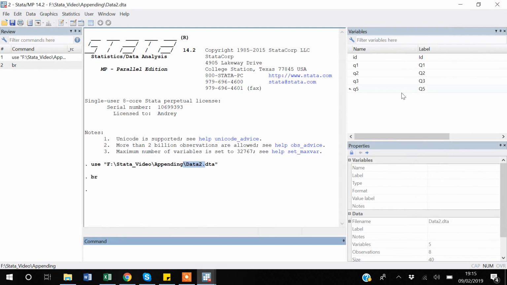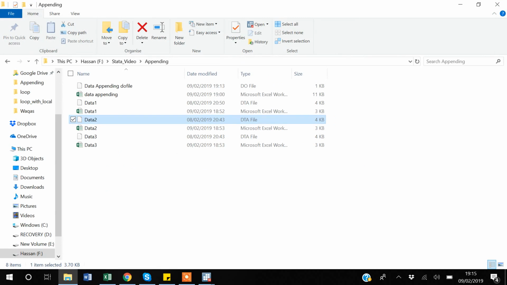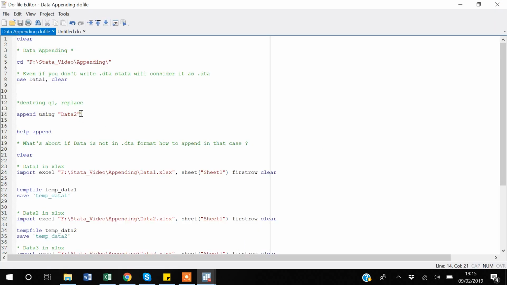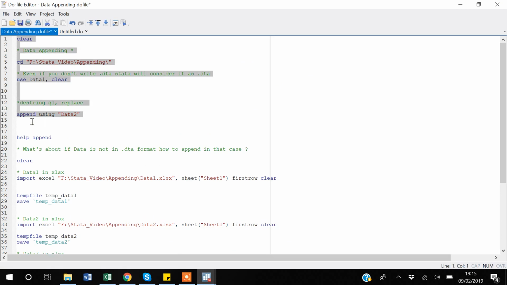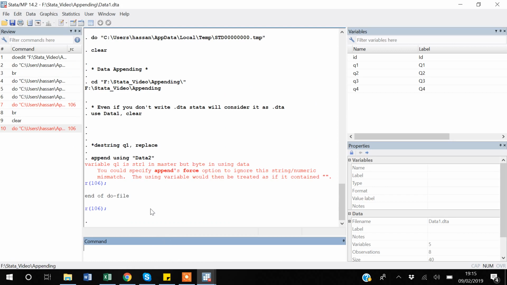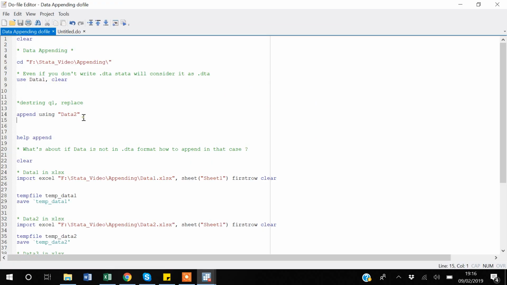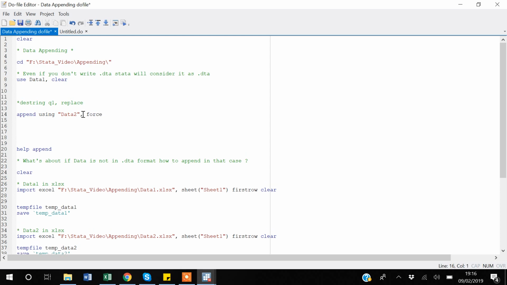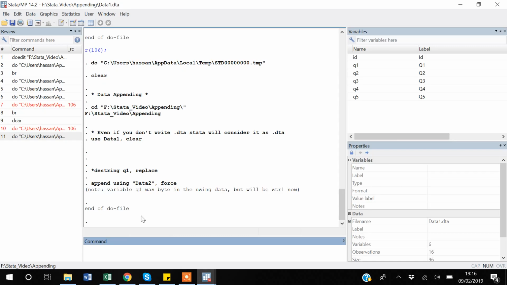But Stata also gives us another option while appending, the option of force. But be careful whenever you use the force command. So I will show you. Suppose I execute my Control D, Stata is giving me an error saying that your question1 is a string in the master data. Suppose you want to append data even with this error, you can enter comma force, and you're saying regardless of this message, just append the data. So Stata will append the data,